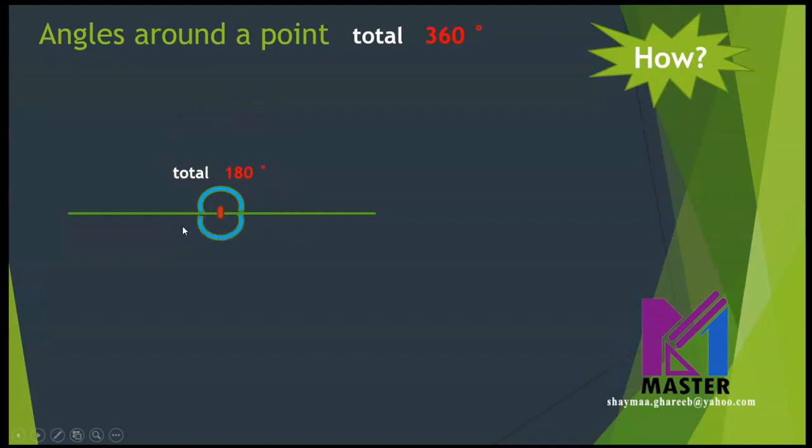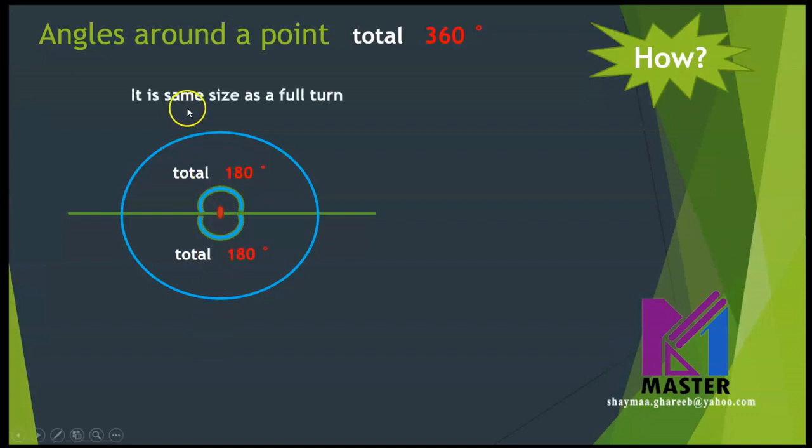The total of the angles below the line is also 180 degrees, which means the sum of all angles around the vertex, or around this point, equals 360 degrees, which is the same as the full turn. They both have the same size,